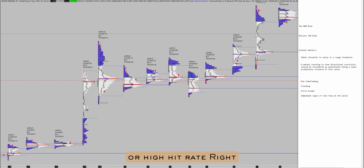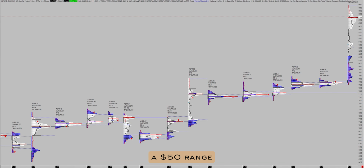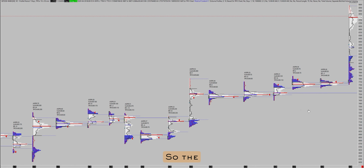Now for one, not all value areas are going to be really that attractive. So you might have a balanced range or a balanced few days where the value areas are wide. And then you might have a value area that's something like this. It's a $60 range, a $50 range. Okay, we're looking at the value area range in this case, so the vol var and the TPO var. So obviously, looking at that, that's not the most attractive trade,